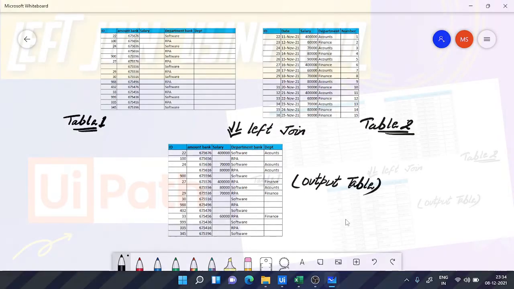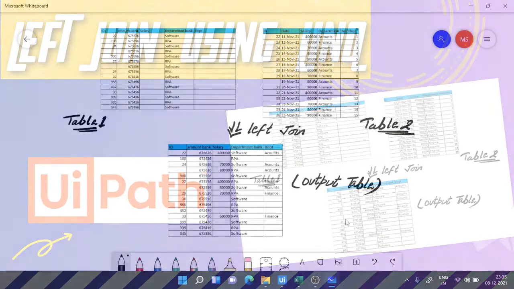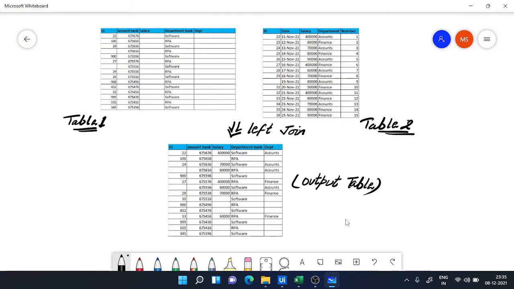Hello again. Today we are going to see how we can implement left join using a LINQ query. So these are our table 1 and table 2. As an output, we need complete data from table 1 and all the table 1 related data from table 2, like salary and departments. So in our output, we will check whether we have this ID present in table 2